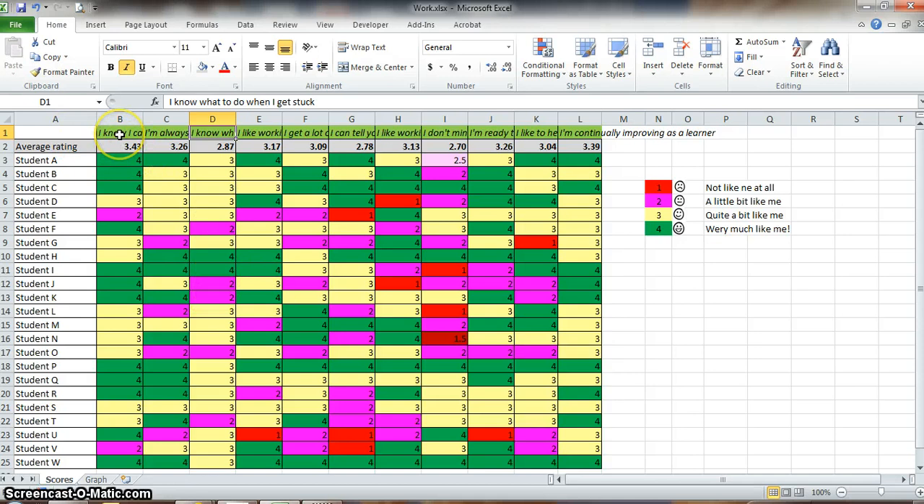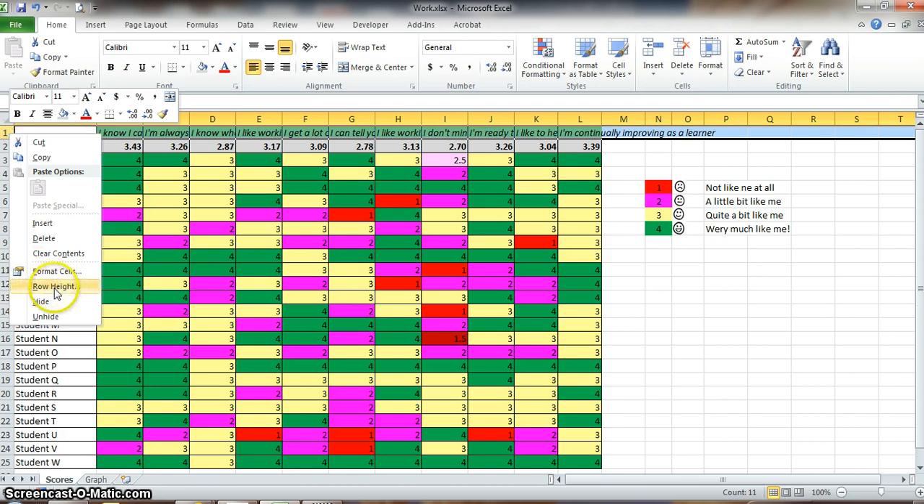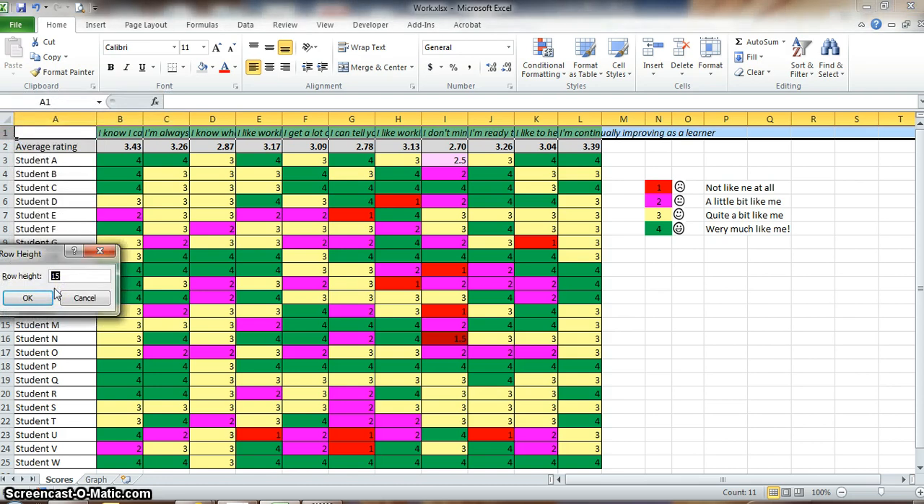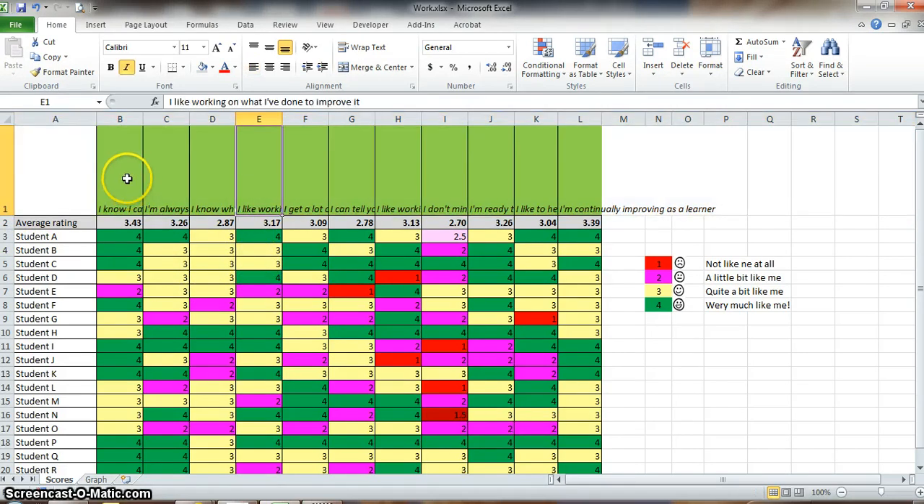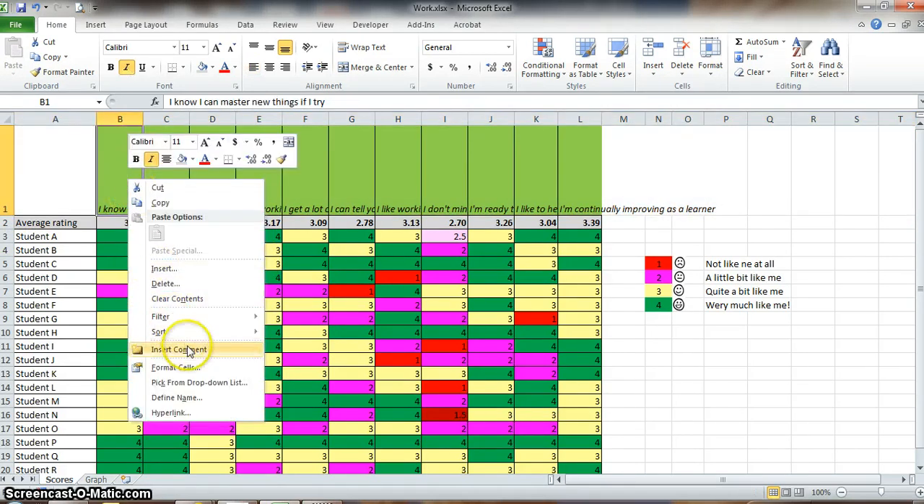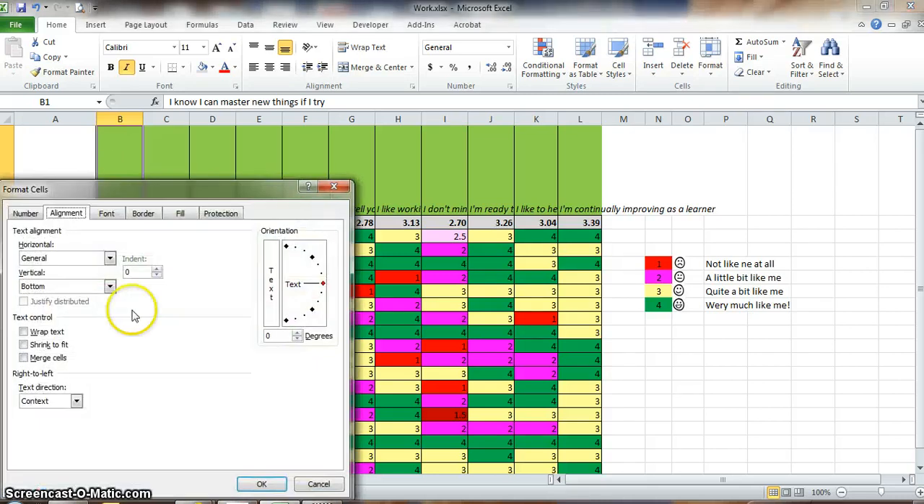So the first thing I want to do is talk about these headings. I can make the headings bigger. I can right click and change the row height. So I might say 98.25. I've picked that because I know that's going to fit for what I want to do, but I could have also dragged it down to roughly the height I want. Okay, now what I can do, just click in the first cell if I want to format that cell,